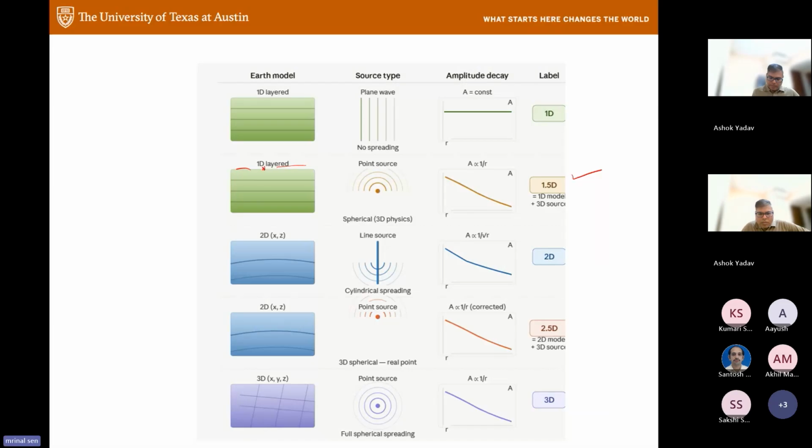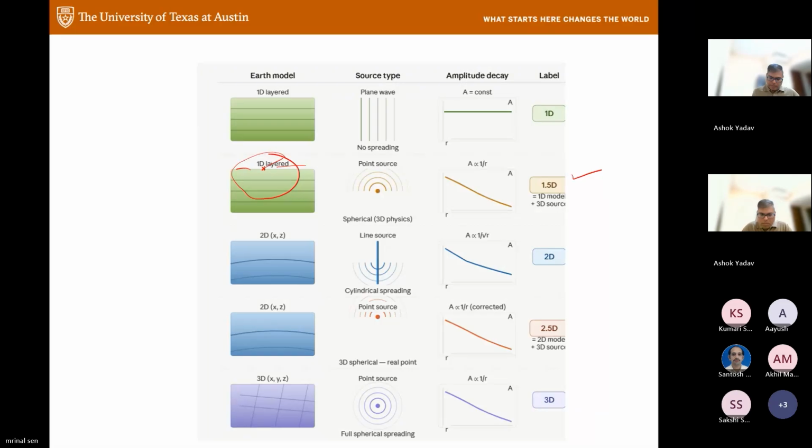So when you say 1D here, 1.5D, that means the medium is cylindrically symmetric. So that means if you go azimuthally, the medium remains the same, okay? The same thing applies when you say 2D. This is a 2D cut. In 3D also we assume symmetry, okay? So in 3D, essentially what you're doing is we're using a line source,